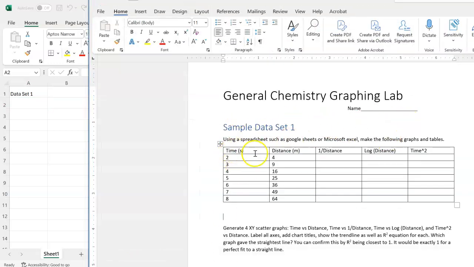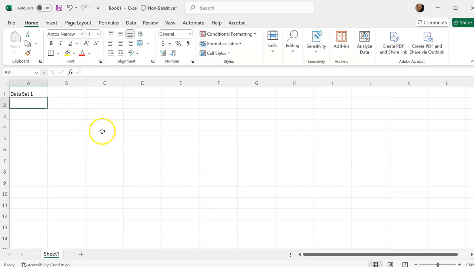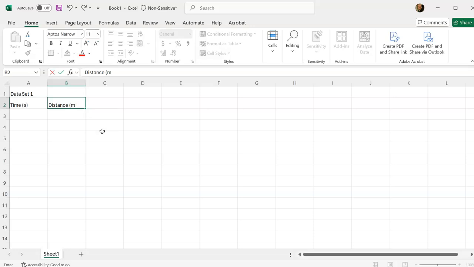So we're doing time in seconds versus distance in meters versus 1 over distance versus log of distance versus time squared. So we'll do time versus the first 3, and the last one involves time squared versus distance. And we're looking for our best fit to a straight line. So let's add some of these: time in seconds, distance in meters,